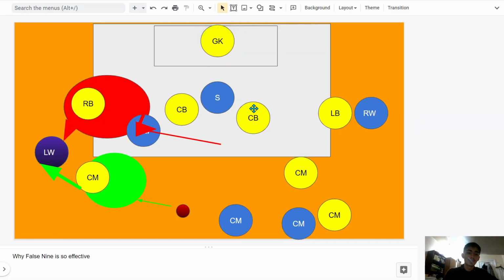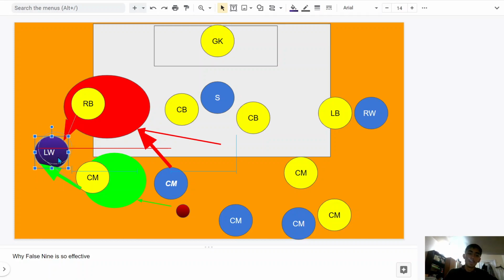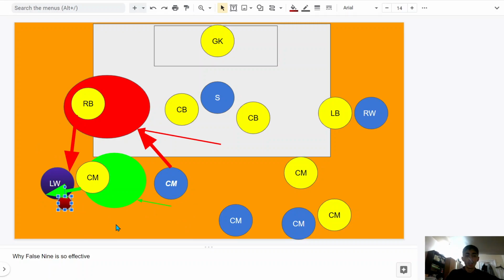Furthermore, another important characteristic about the false nine that I forgot to mention is that they can drop deep in order to receive passes, right? They're not only deep to create chances. By deep, I mean between the lines. They can also drop deep to receive the ball, right? And if I receive the ball in this situation, I put them in a similar dilemma, except, well, it's a bit less. But if I get the ball right in this situation, I receive the ball from the deep areas,